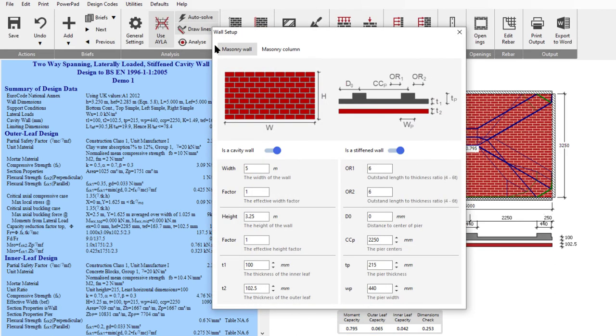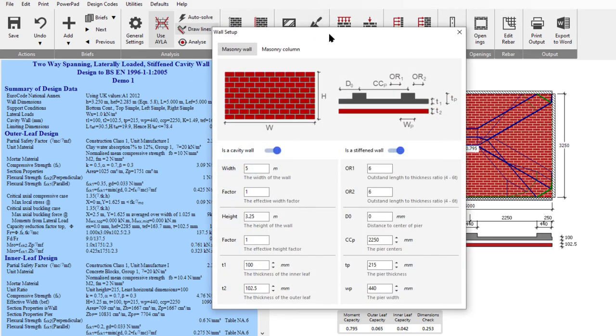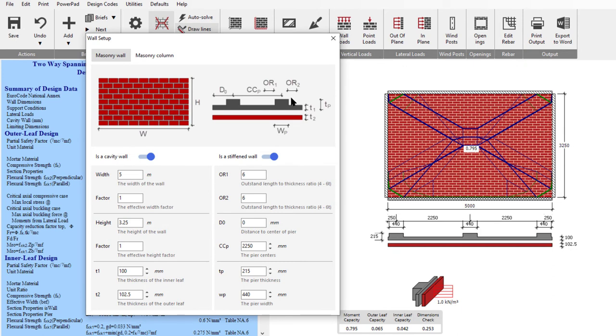So if we went back to the wall setup, we could say we want it stiffened. If I move over here, actually what I'm going to do first of all, I'm going to turn off the auto solve so that we control it better. Go to the wall setup and I'm going to ask for a stiffen wall. I'm not going to ask for repeats. I am just going to put one wall at 225 in